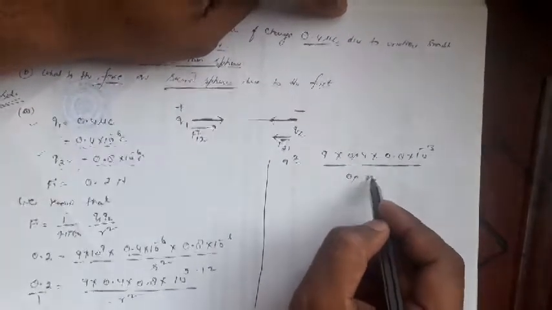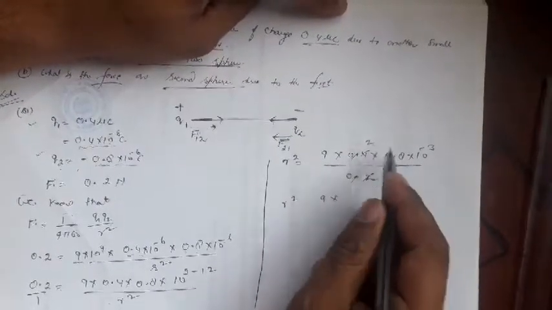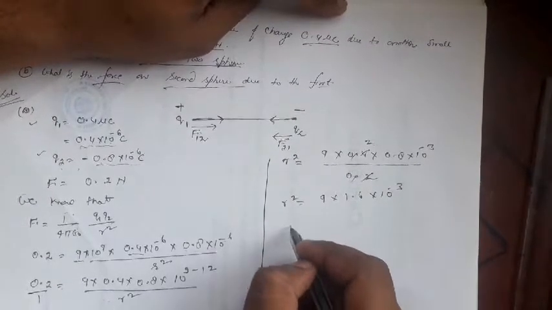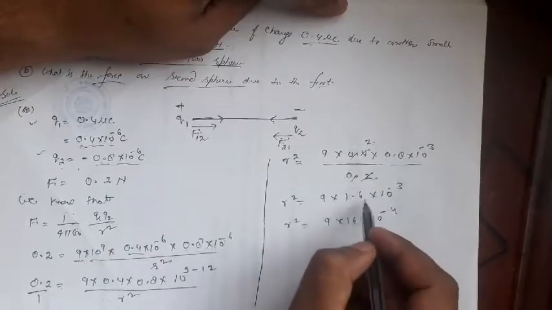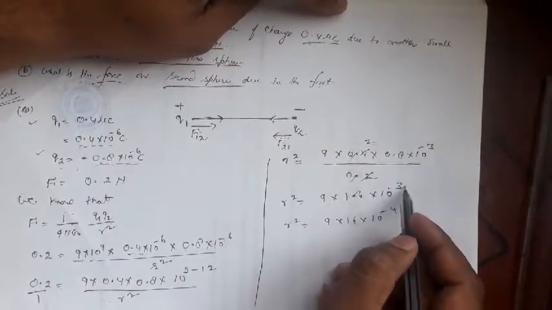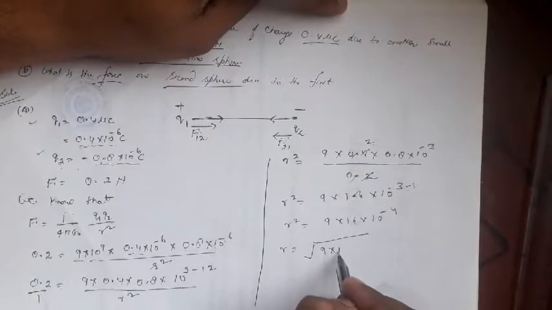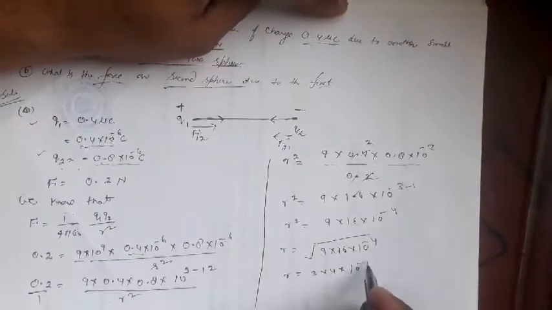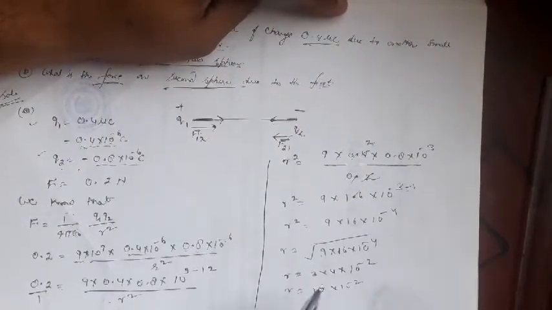Solve it: the decimal point moves, 2 by 2 gives 4, then r square becomes 9 into 8, 2 by 16, 1.6 × 10^-3. We can write 1.6 as 9 × 16 × 10^-4, because we release one 10, so minus 1 is applied, and 16 remains. Then for r we take the square root of 9 × 16 × 10^-4. The square root of 9 is 3, of 16 is 4, and of 10^-4 is 10^-2, and r equals 3 × 4, which is 12 × 10^-2. We can write